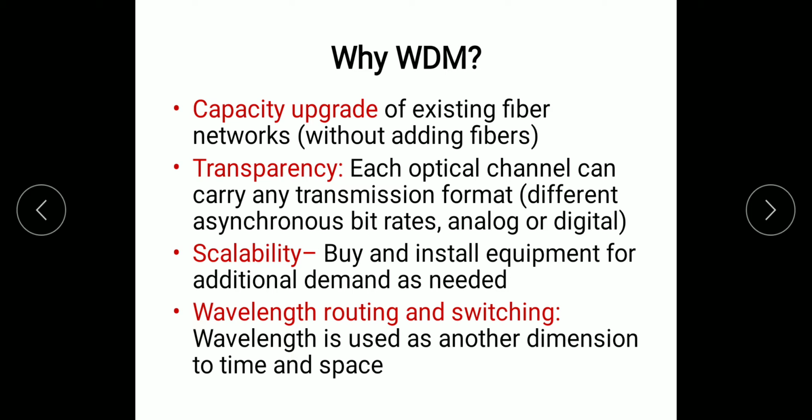We are familiar with the concept of TDM and FDM, right? Time division multiplexing, where the different signals are sent at different time instants. Similarly, in frequency division multiplexing, we use different frequencies for carriers for multiplexing different signals. Similarly, here we are multiplexing different signals, and for that we are using multiple wavelengths.